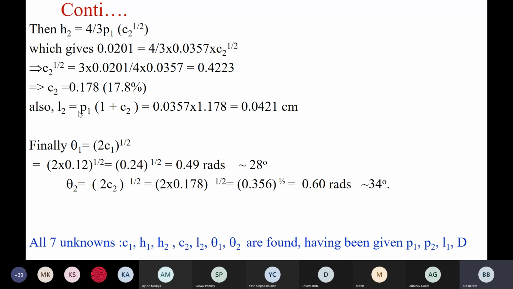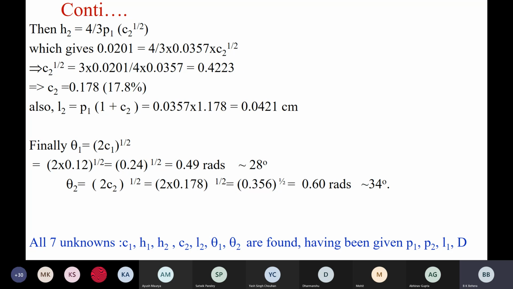Either you do this or you do this, that one. You will get the same value. Okay, C2 is coming 17.8. Remember, for C1 and C2 value, look at the question what is given to you, whether it